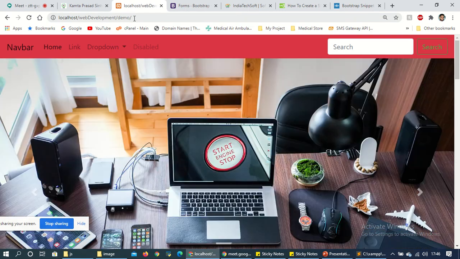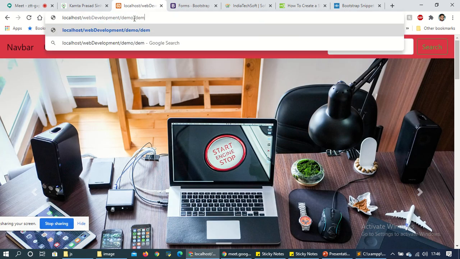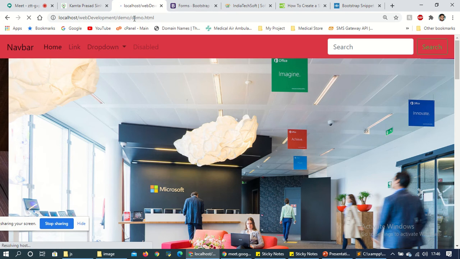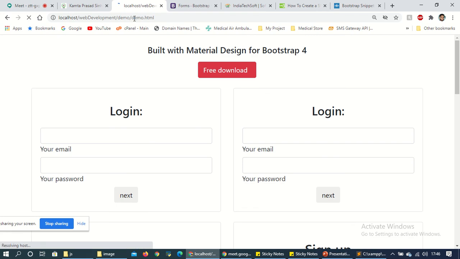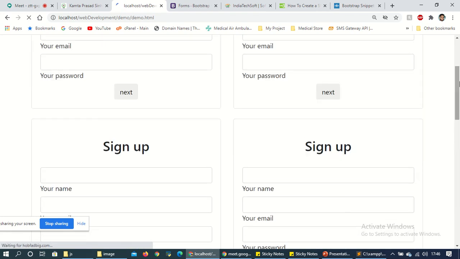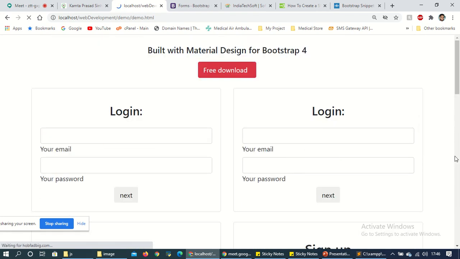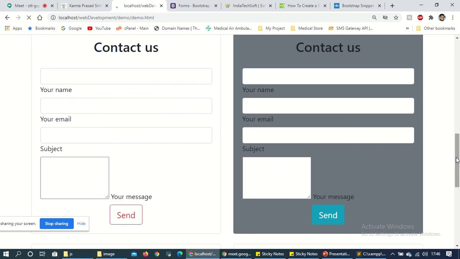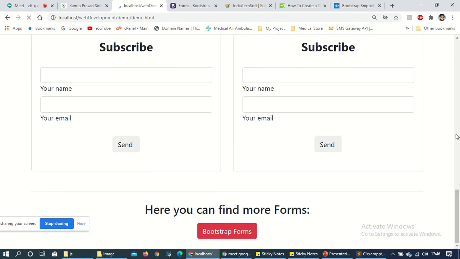So here in this demo we have demo dot html. Yes, we are getting the bootstrap form.